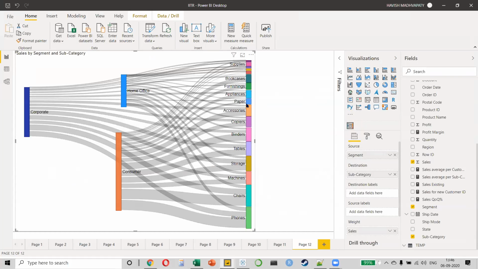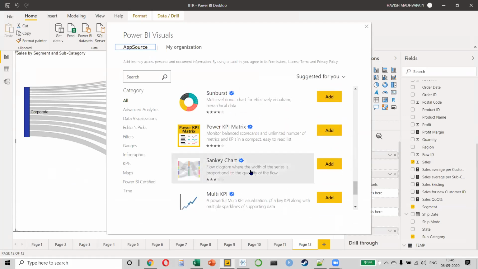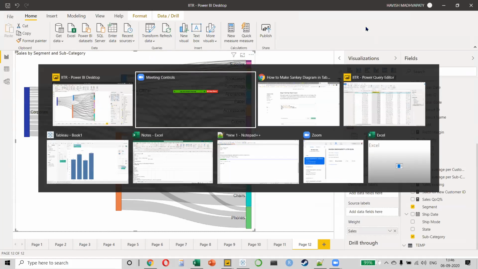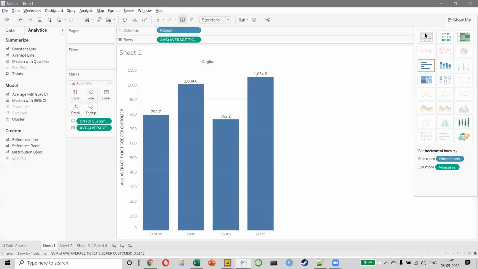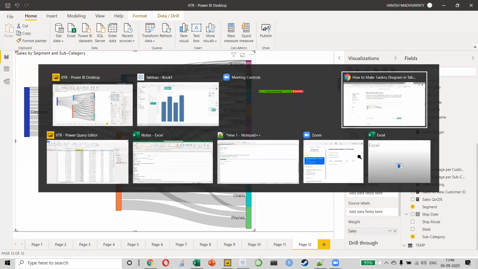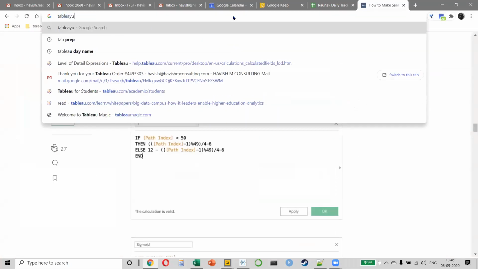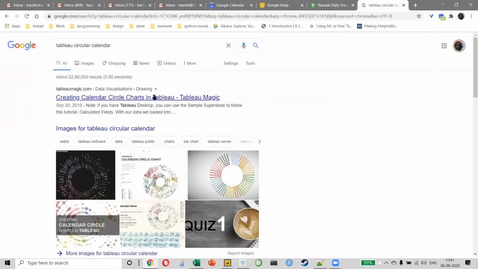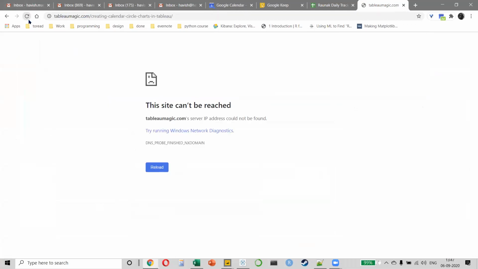Because in Power BI, you have more than 200 visualizations available like this, correct? But the problem in Tableau is that you don't have additional visuals. So if you notice, I only have 21 visuals available. If I want to create anything other than this, I will have to create it myself. That means I'll have to write the formula. Like there's one more example I always show to people. This is called the circular calendar. It looks beautiful, right? But the problem is creating this is crazy. Just watch this.